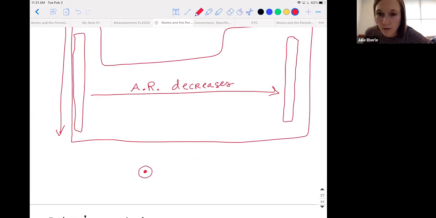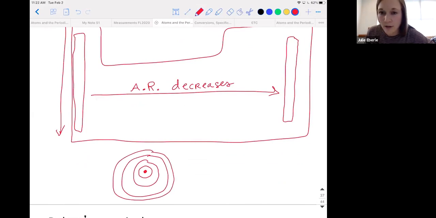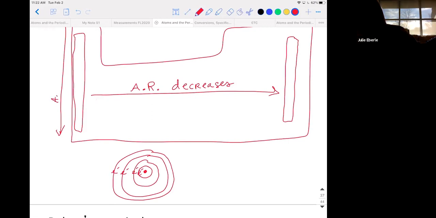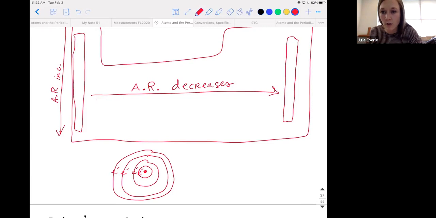So this would be a good drawing of hydrogen. Why? Because it's on row 1, or helium. We got one layer, or one electron cloud layer, around the nucleus. But as you get to row 2, lithium, and any element on row 2, you got to add another layer representing row 2. As you get to row 3, guess what? You have another layer. So what do you think is happening to atomic radius as you go down? Okay, because you can have electrons on any one of these rows. And we'll talk about this a little more in the coming slides, but atomic radius increases because we are adding different layers which correspond to the different rows.